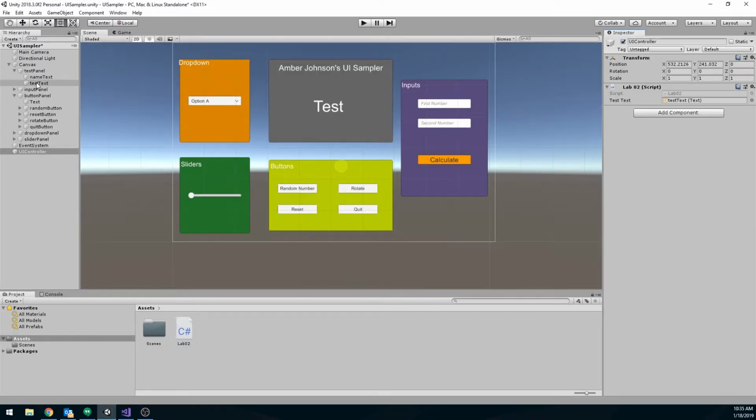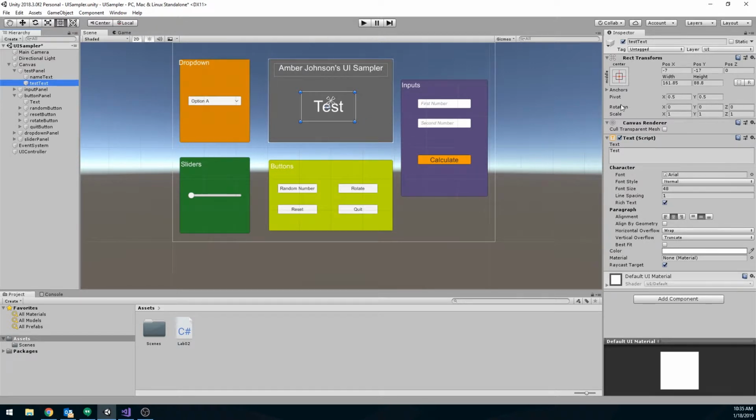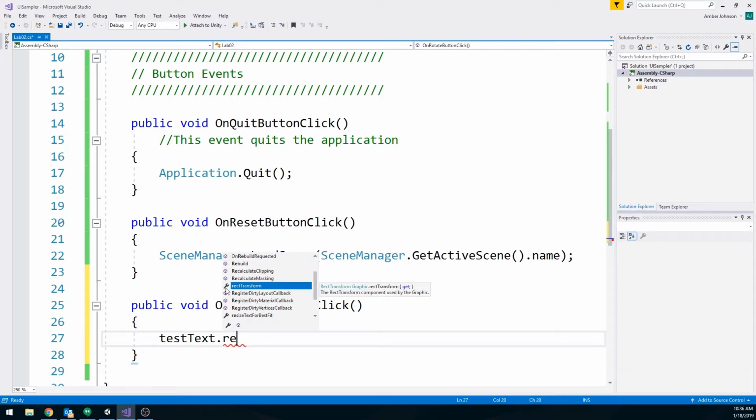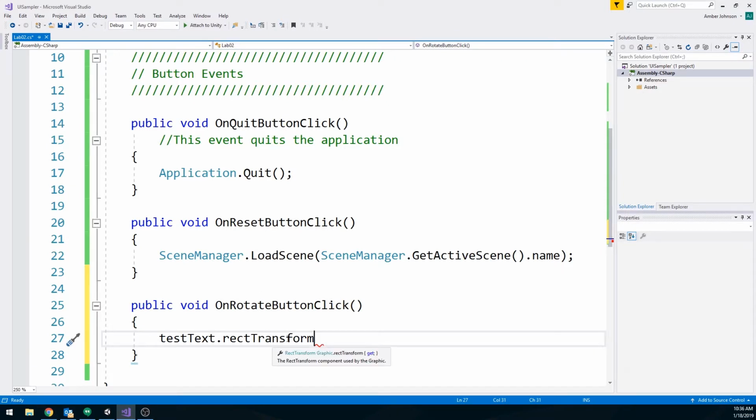We have rotation right here. So test text, we want to go inside that object's rect transform, and we want to perform a rotation on it. And we want to rotate it 90 degrees. So the wording makes sense. Test text dot rect transform, and then we're going to do a rotate. So test text dot rect transform is named the same thing, dot